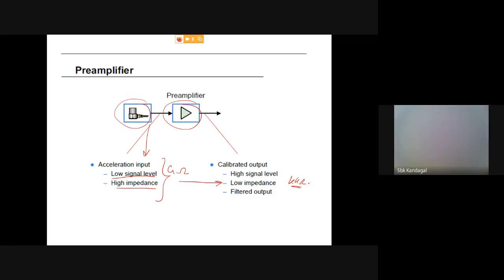Okay, such that you can connect it to the data acquisition system as well as some of the oscilloscopes, and then you can use the filters, high pass filter and low pass filter, to get rid of the noise. That's the function of the preamplifier. The cost of this may be 20K and the cost of this may be around 40K. So these are the cost implications of that.